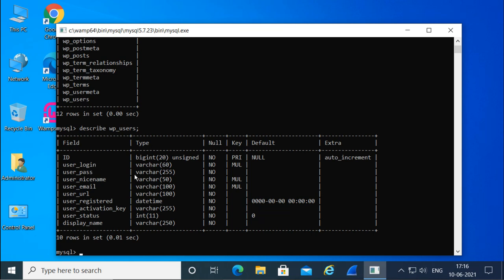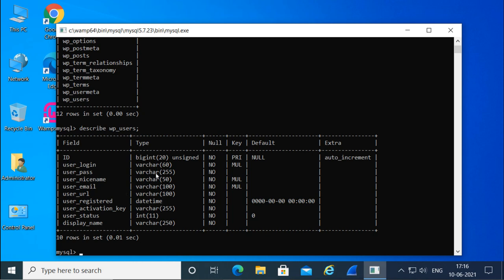For user login, we can add varchar. Varchar means variable characters, like A, B, C and whatever, and we can add up to 60 characters. So this is the limit. We are just saying describe this table, and it is describing it.